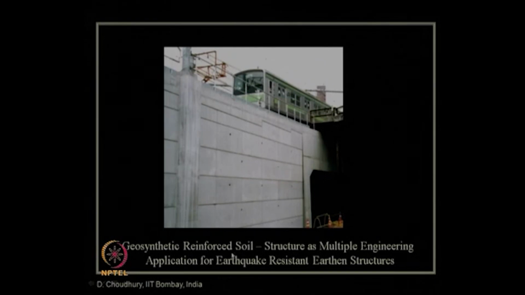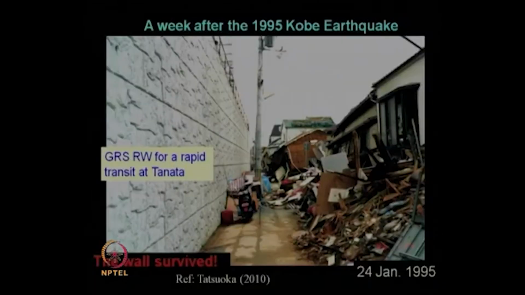So, geosynthetic reinforced soil wall, there are several applications worldwide. This picture is from Japan. You can see a Japan rail is moving, which is getting supported by using this geosynthetic reinforced soil wall. And in terms of our course of geotechnical earthquake engineering, let us see how this geosynthetic reinforced soil wall